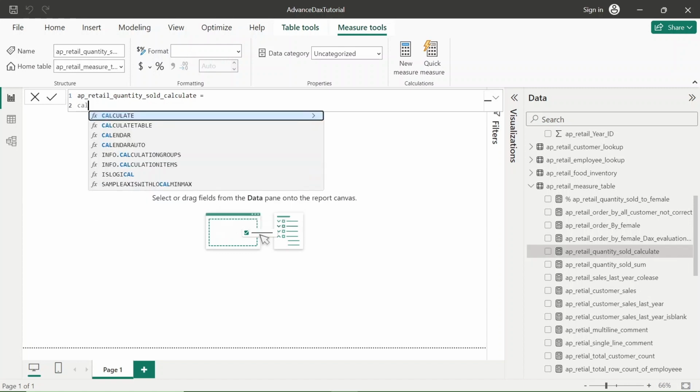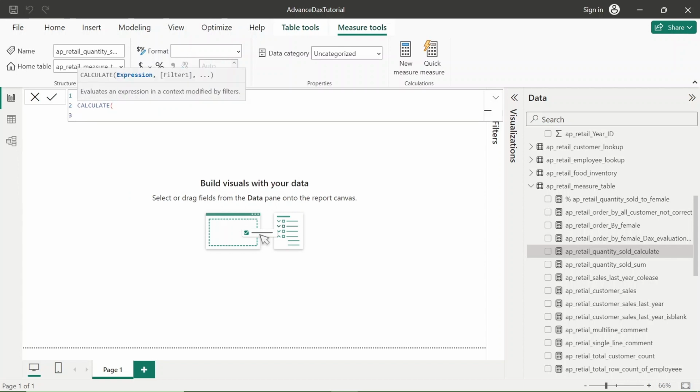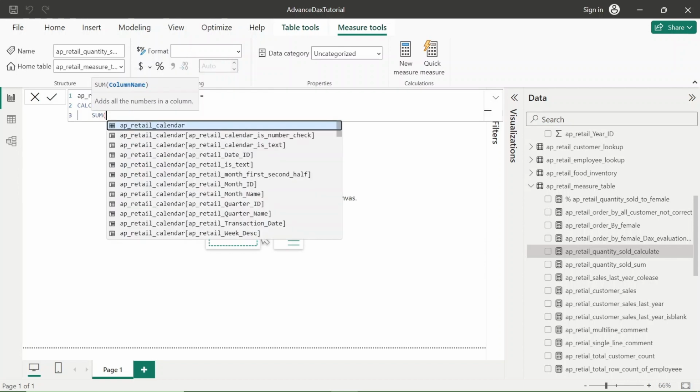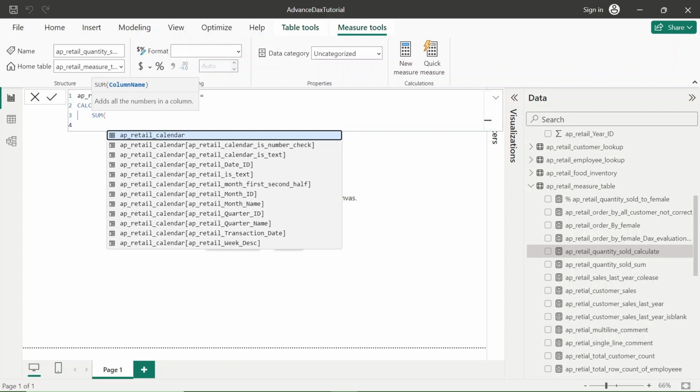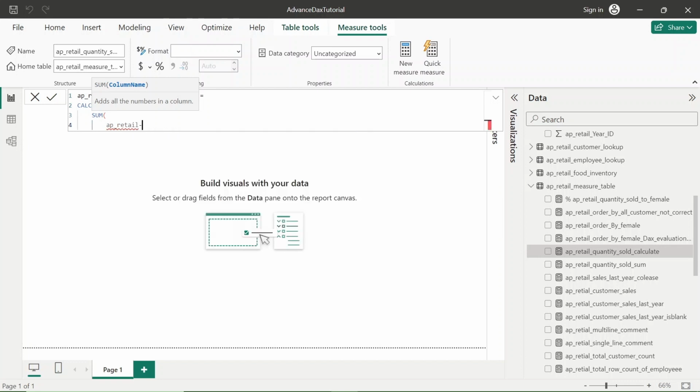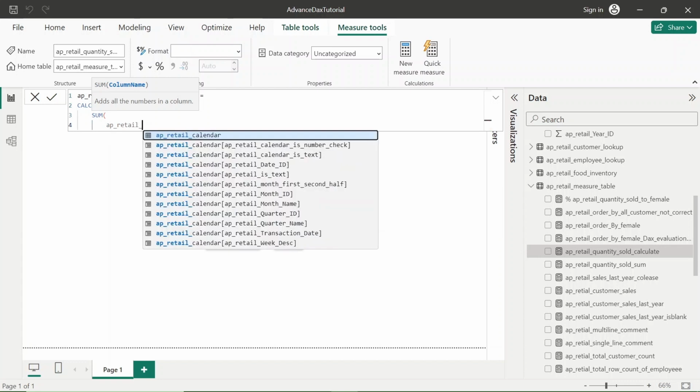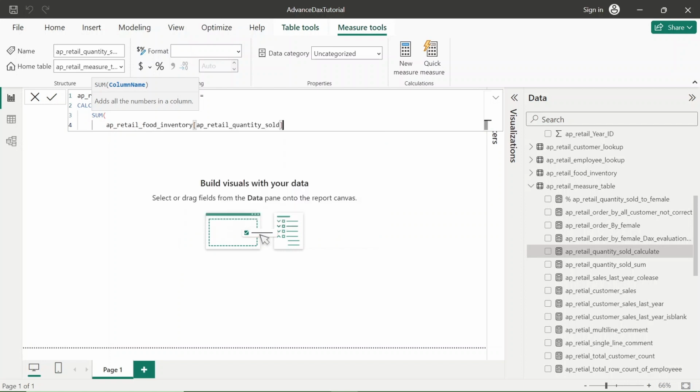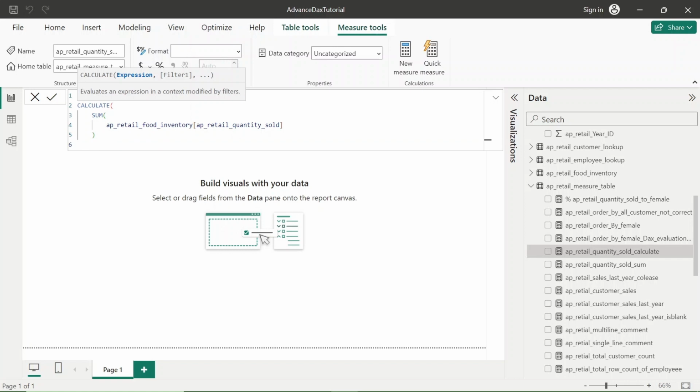We are calculating with the help of a calculate function. In this calculate, we are using sum, and in the sum, the column we are aggregating is AP retail underscore food inventory, and this quantity sold. Close this one. Right. Both measures we have created.